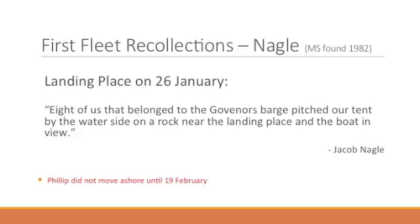And Phillip did not move ashore. He was until the 19th of February. Phillip actually had a canvas house, which wasn't erected until the 28th of January. He went back and forth every night and every day, rowed back on shore, and that's what Jacob Nagle was doing. They were rowing the governor, and the Sirius, where Governor Phillip was residing, was at the